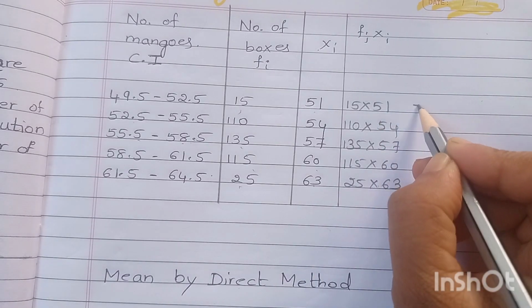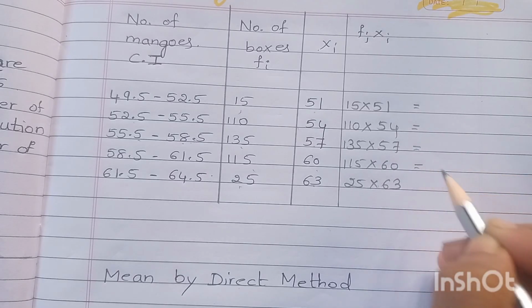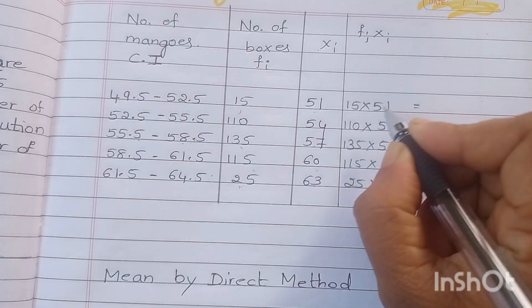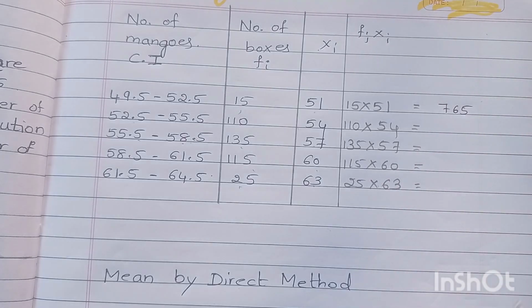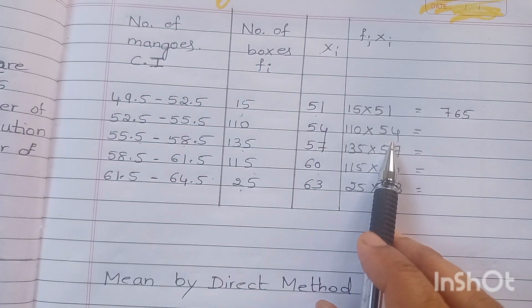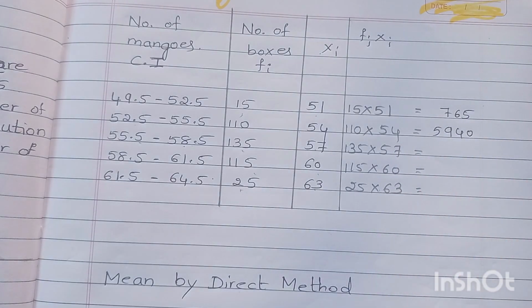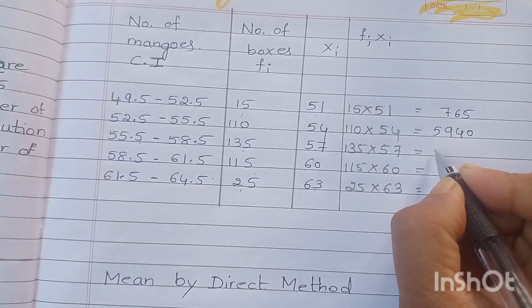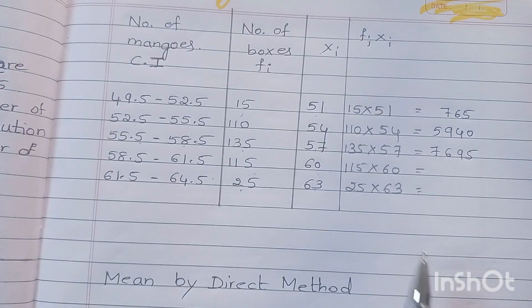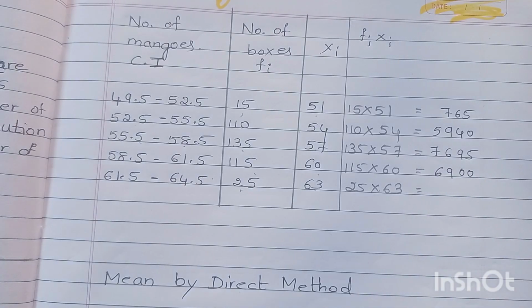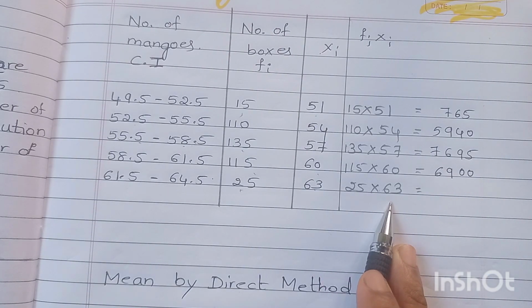No need to write this, you can multiply directly, but some of them have confusion. So, I have written. You can write it directly. Okay. 15 into 51 is 765. Then, 110 into 54 is 5940. 135 into 57 is 7695. Then, 115 into 60 is 6900. Then 25 into 63 is